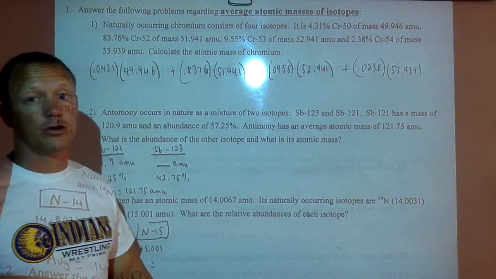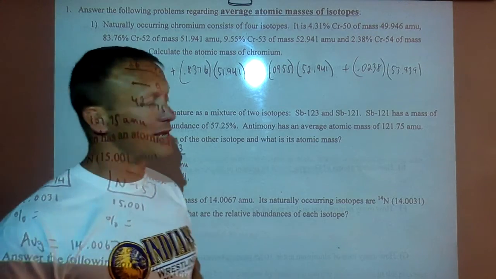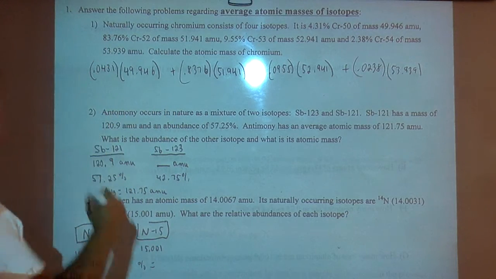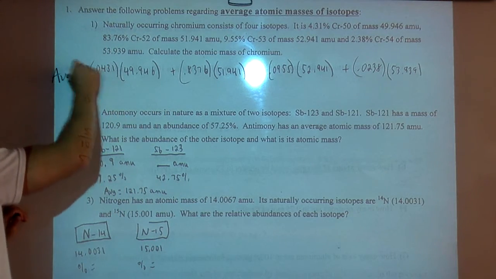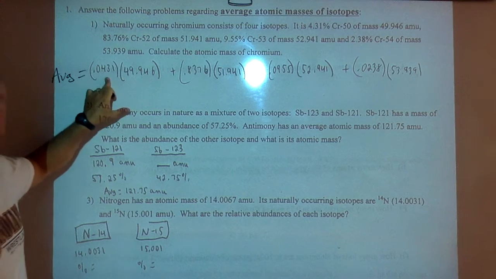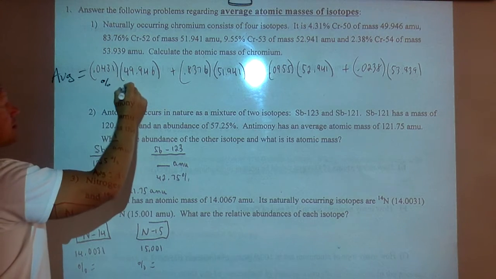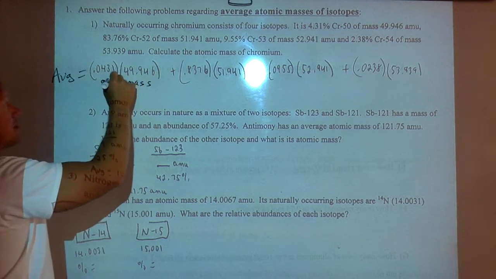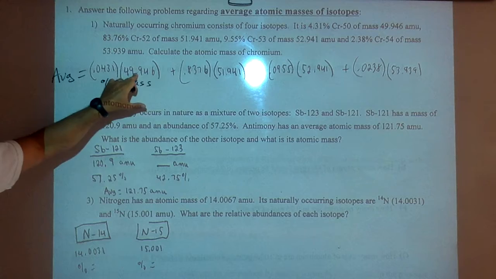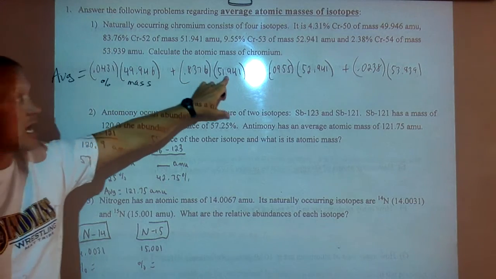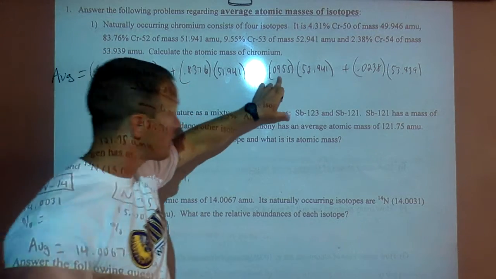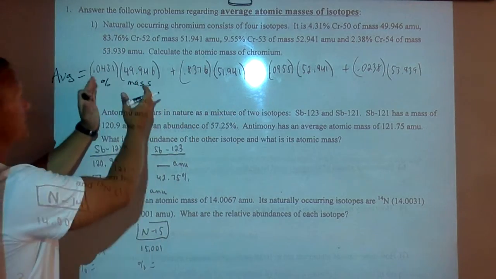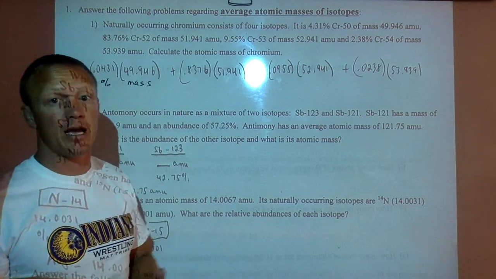Then you've got two other ones here. So to find the average, we can't just add them all up and divide by 4 because there's not equal numbers of them. So if I want to know the average mass of all the isotopes, I take the percent as a decimal times the mass. So 4.3% have this mass, 83.76% have that mass, 9.55% have that mass, and so forth. So there's those 4. So percent times mass plus percent times mass plus percent times mass, that would give you